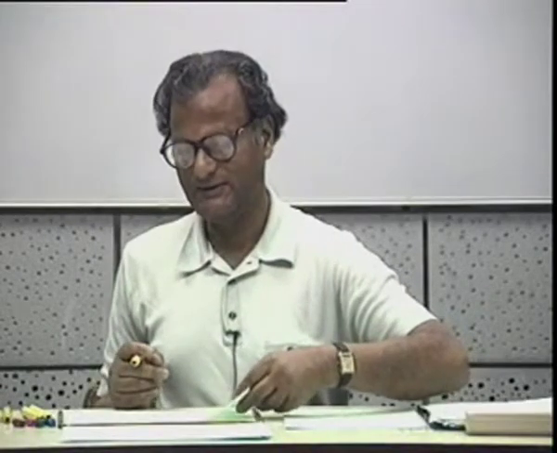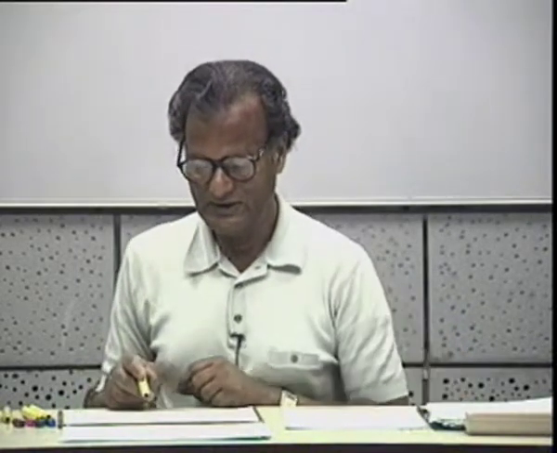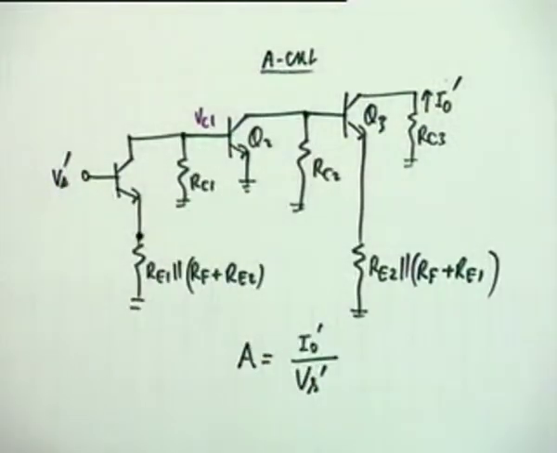Then the beta circuit. Okay, this is the A circuit. The gain calculation for the A circuit is a routine matter, and can be done by inspection. No analysis should be required. Okay. For example, for the first stage, let's calculate Vc1 by Vs prime. I'll simply indicate how to do it. If you have a problem, ask me.